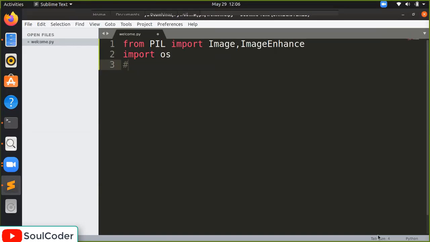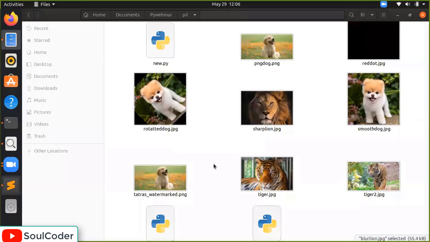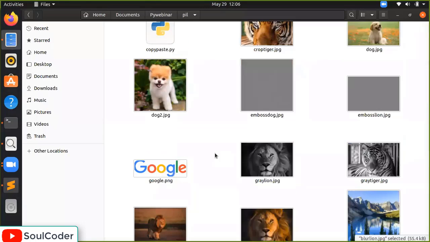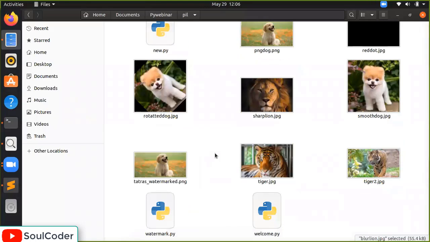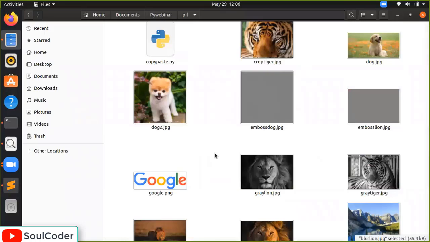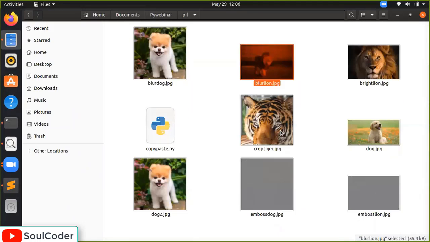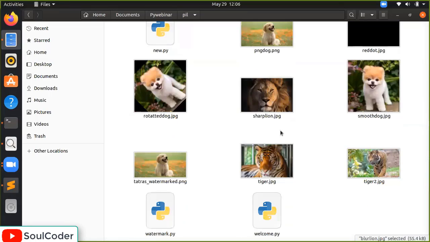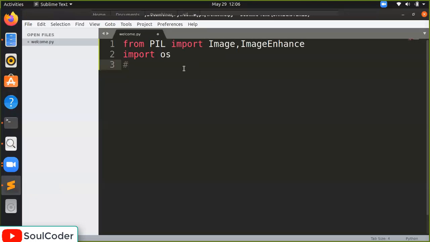Let's see what we will do today. Whatever the sizes are, we will make a thumbnail of each and everything. We will make a program to make thumbnails.